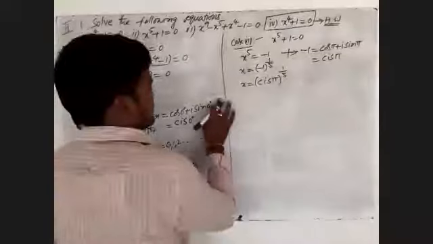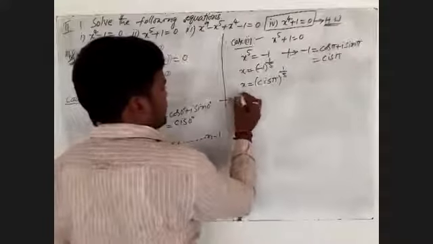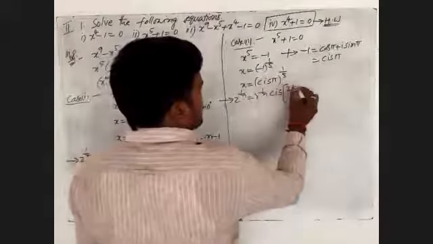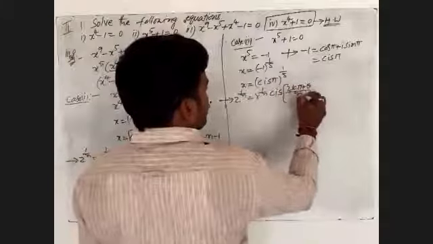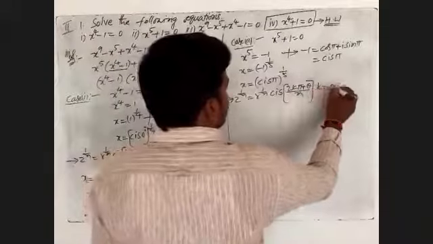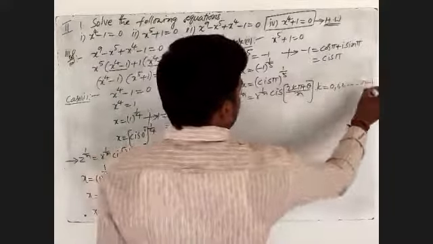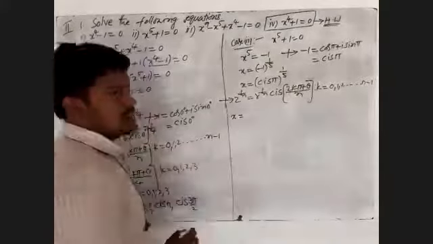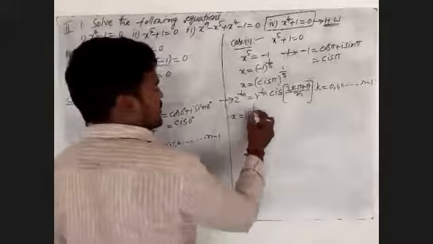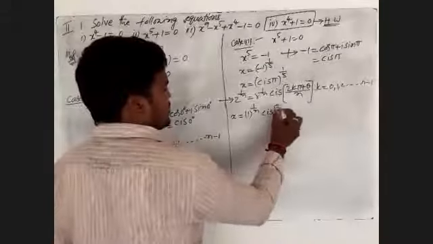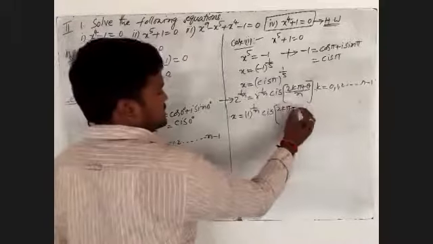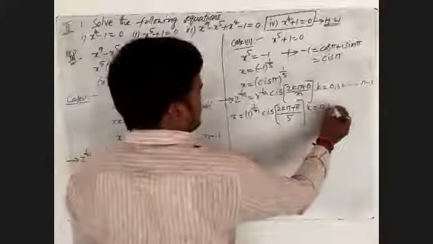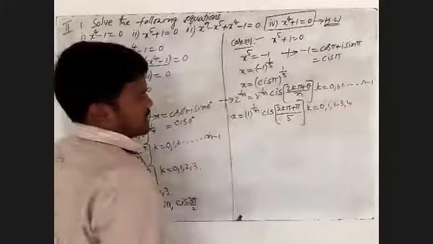Given one, it is of the form z power 1 by n, which is nothing but r power 1 by n into cis of (2kπ plus θ) by n, where k is 0, 1, 2, and so on, n minus 1. How to expand this one, I will write x is equal to, there is no r value, means I will write 1 power 1 by n into cis of (2kπ plus θ) by n, where θ is π, their n value is 5, n minus 1 will be 4, so k is 0, 1, 2, 3, 4.